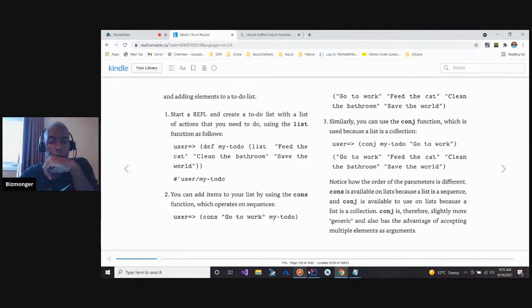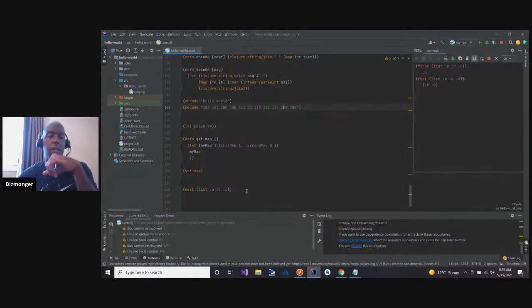Let me just go ahead and plug that in. So cons go to work is my to do. All right, so I guess I got to define a list called let, keep forgetting the parentheses.